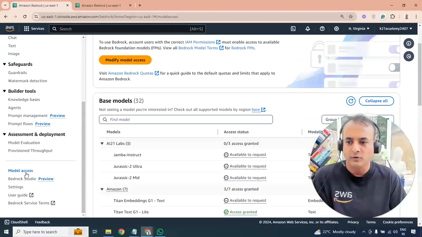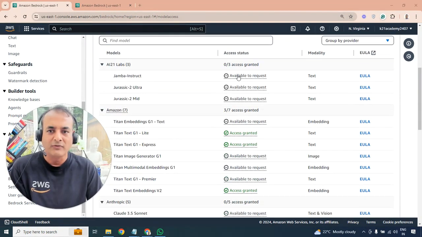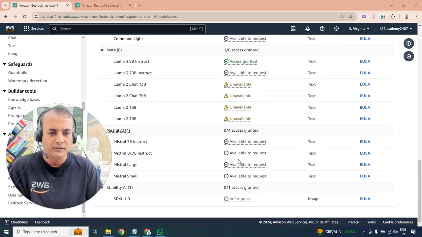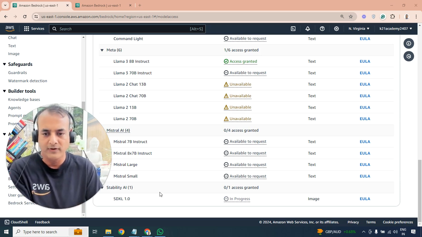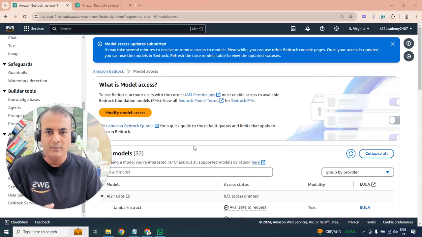be getting access. So if I see model access, if we come back on request a model access, I've requested for the initial Amazon ones, these ones, and then later I also added AI21 ones. No, not, I think the bottom ones. In progress. So this I did for Stability and it's gone for approval. So it'll come back once it's come back. So that's pretty much this lab, enable